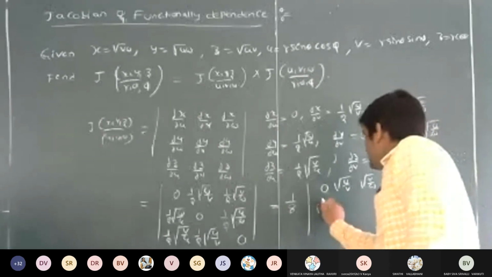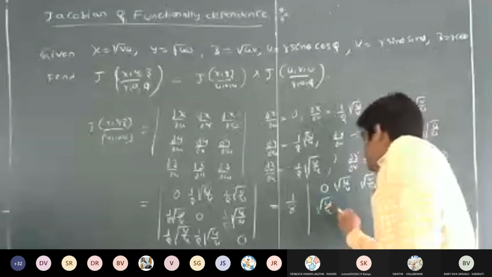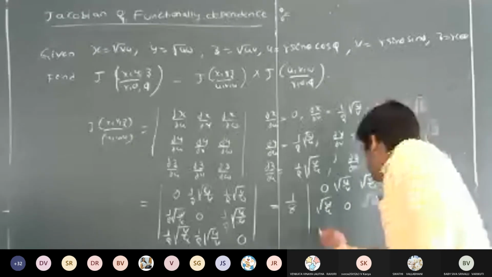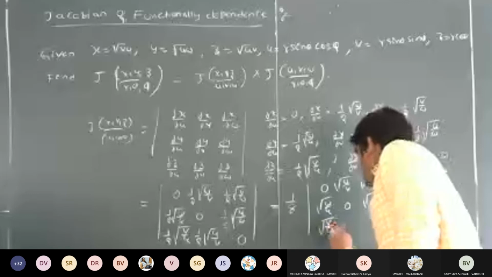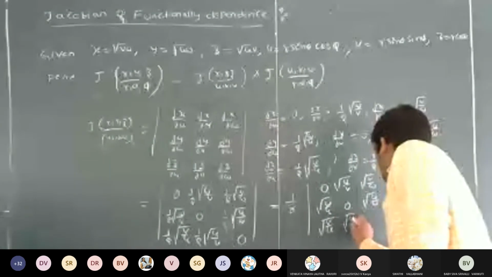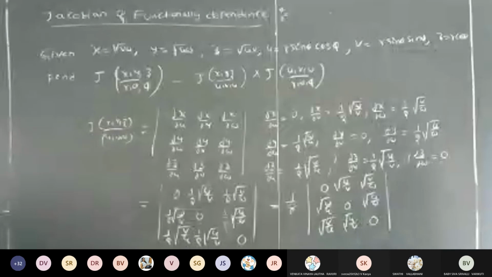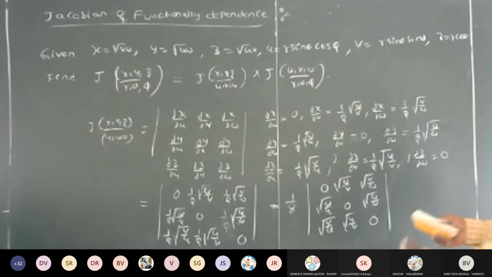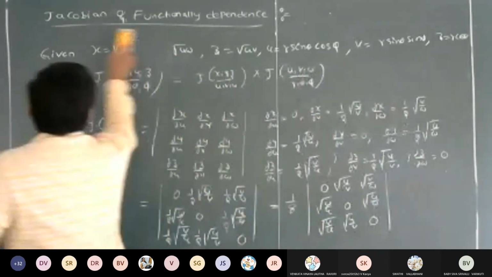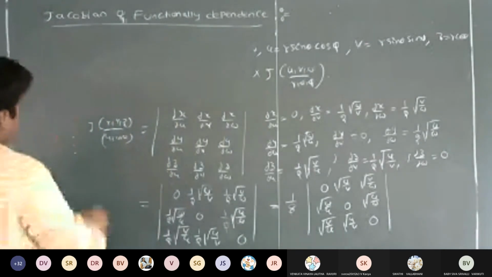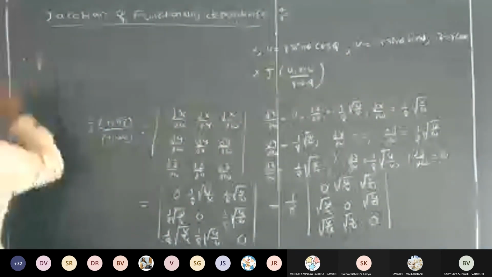So next one, this is root w by u. This is 0. This is root u by w. This is root v by u. This is root u by v. This is 0. So you just calculate the determinant, then it is nothing but the Jacobian. That is the first one, right? So therefore calculate the value. That is equal to 1 by 8 into,